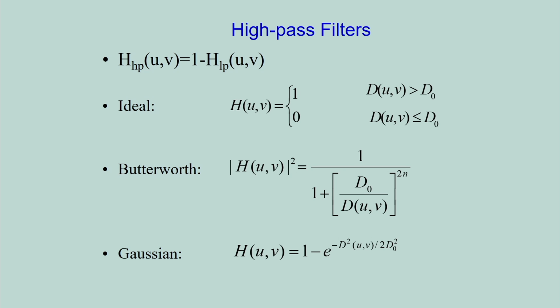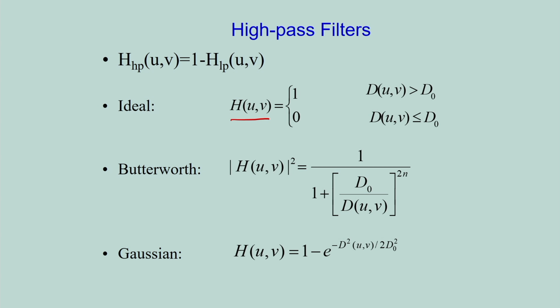Next one is the concept of the high pass filters. So what is high pass filter? The high pass filter is nothing but 1 minus low pass filter. So in spatial domain filtering also I have explained how to get the high pass filter. High pass filter is nothing but 1 minus low pass filter. So in this case also I have three cases. One is the ideal high pass filter, Butterworth filter, and the Gaussian high pass filter. And corresponding to this you can see the filter function.